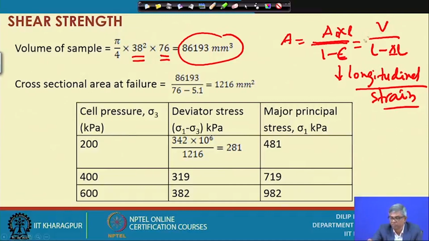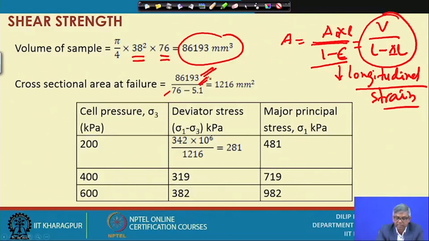So, you can write volume by 1 minus epsilon nothing but V by L minus delta L. So, we have got volume this much, length is this and change in length is this. So, we have got cross sectional area 1216 millimeter square. And then you have to find out deviator stress,